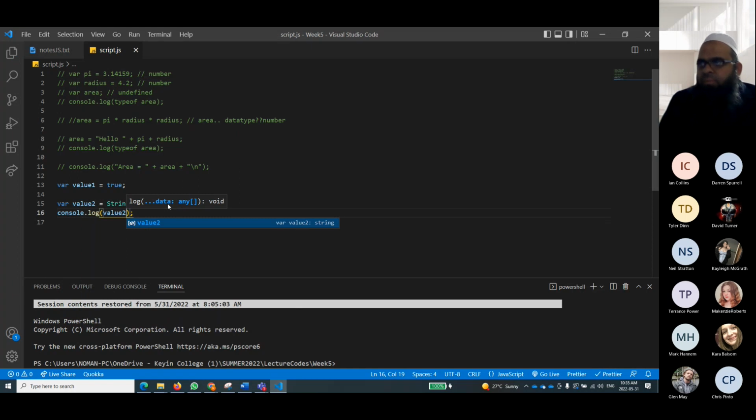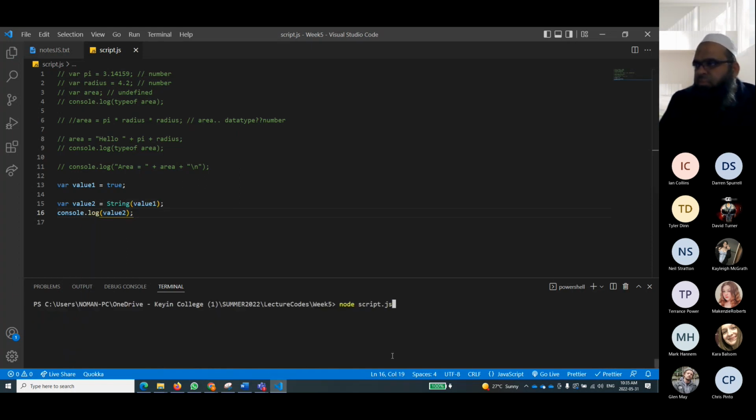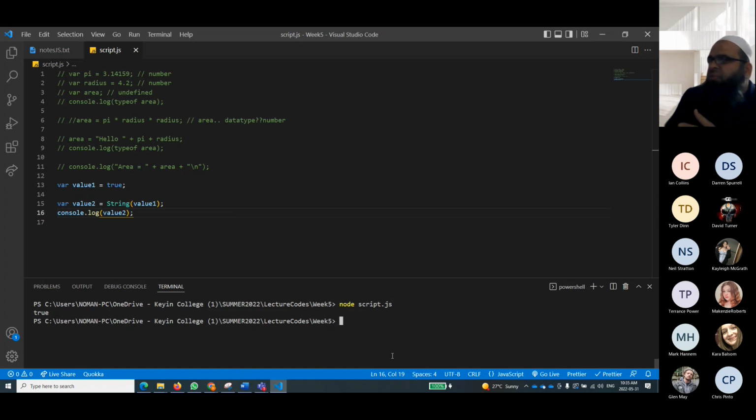Value 2. If I print that, you see it's coming up as true, of course, because it's just converted into a string and a string is still true. If I print this before that one, for example, the value 1, if I print that,